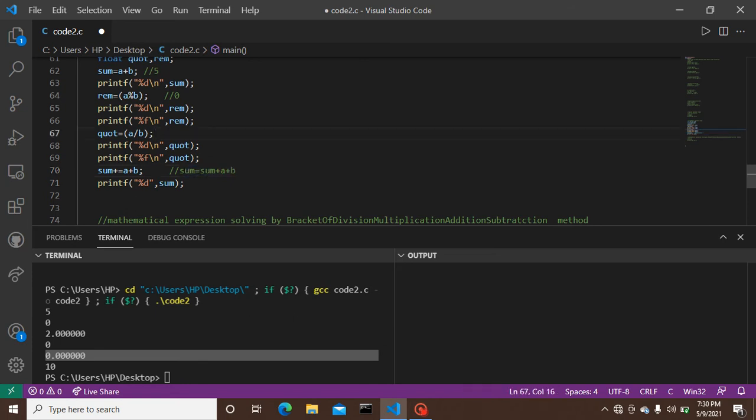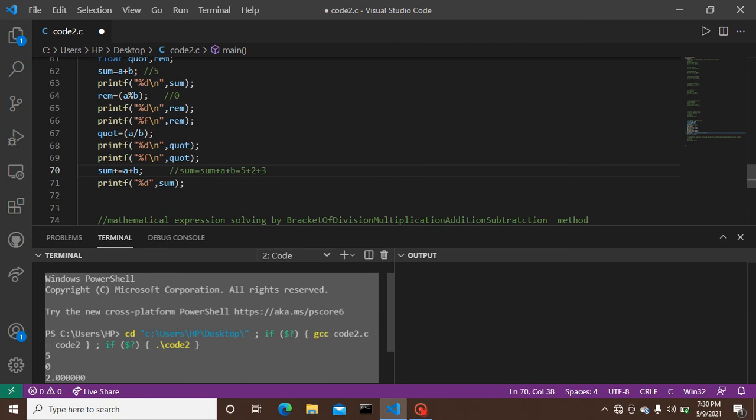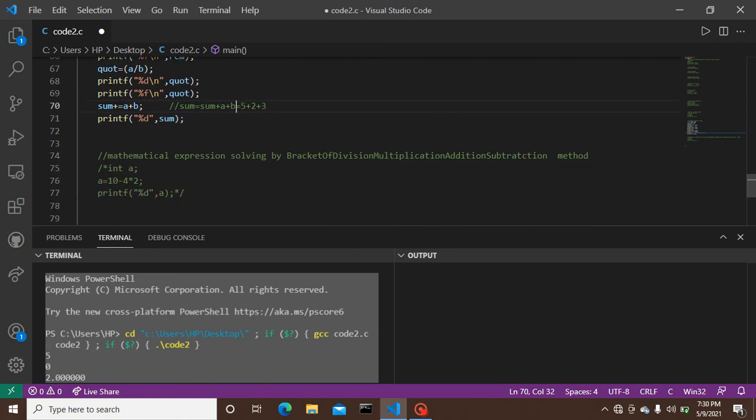Here, as the sum already holds a variable value of 5, it will be provided with the constant 5 plus the value of a, which is 2, and the value of b, which is 3. That's how it's giving the output 10. So this statement is equal to this expression, and so the sum is provided.